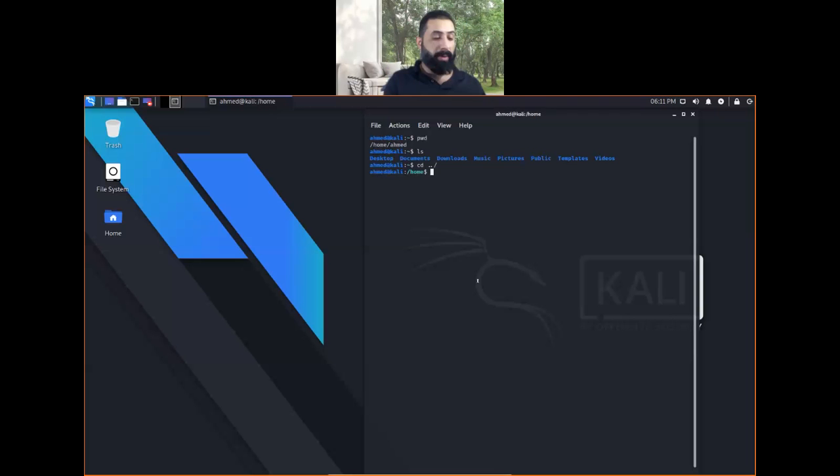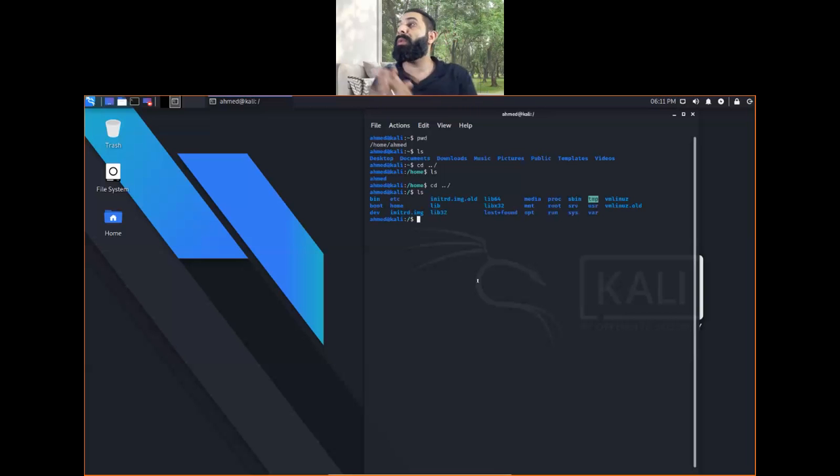I went to the home and what's here is just my name. Again, change this to the top and list everything, and you can see the entire system. I can go from one place to another. I can say change this to the root, and I don't have permission, so sudo.